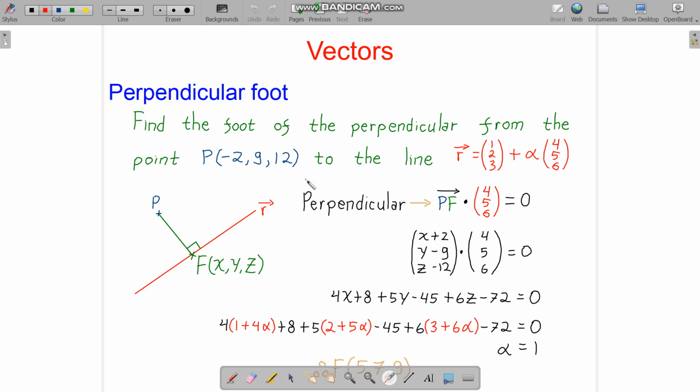And now the last one, perpendicular foot. Find the foot of the perpendicular from the point this to the line this. So it helps to draw, usually, so just draw a simple sketch. This is the line R, this is the point P. We are finding the foot of the perpendicular. Let's say it's F, and let's say the coordinate